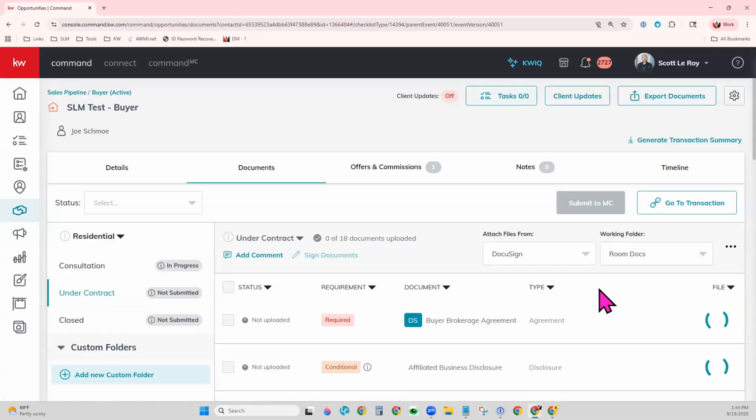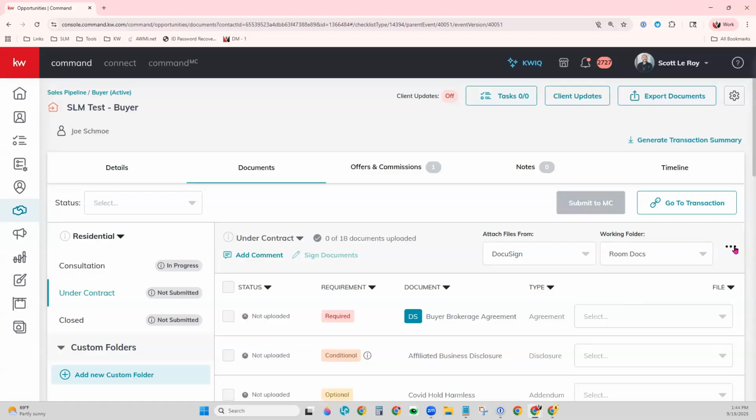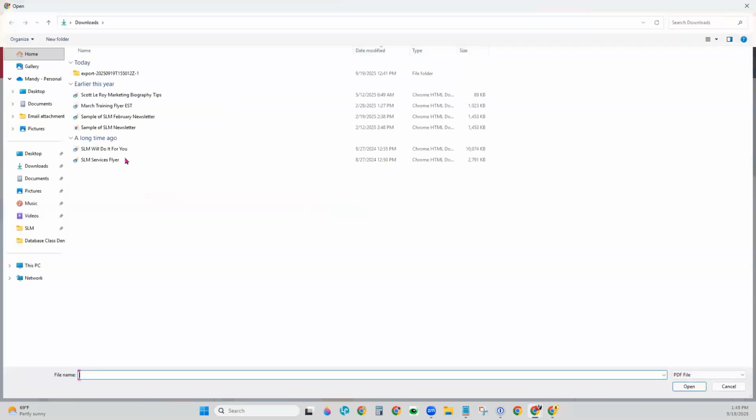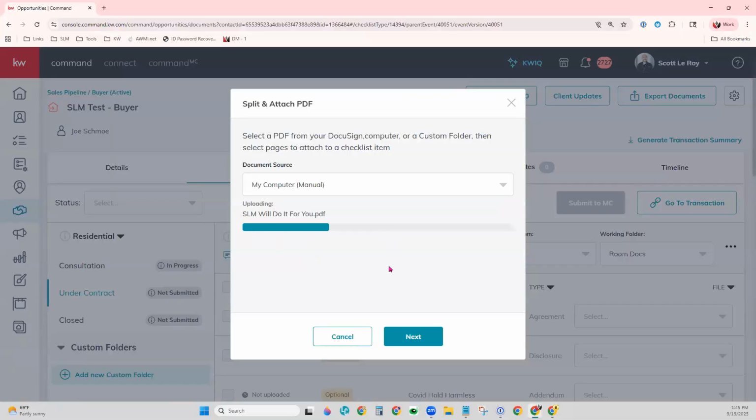Once this loads, on the far right-hand side, click the three dots and choose Split and Attach PDF. This will give you an option to choose where that PDF is currently located. So if it's in your DocuSign account or on your computer, just go ahead and choose the appropriate one. Our PDF is on our device, on our computer, so we'll choose this option here. Now I can drag and drop my file over or click Browse and choose the document from our device and give it just a second to upload